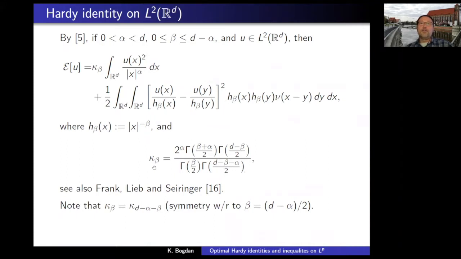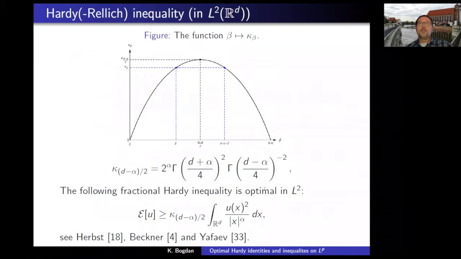Okay, I should say a few words about this kappa beta. So kappa beta is a function of beta. It's not maybe obvious to see how it looks. It is symmetric. The structure of the function makes it symmetric with respect to the middle of the interval 0, d minus alpha. And here's the graph of the function as a function of beta on this interval 0, d minus alpha. It has a maximum, it's symmetric as we said. The maximum is precisely at the middle of the interval, and it's equal to kappa at d minus alpha over 2,